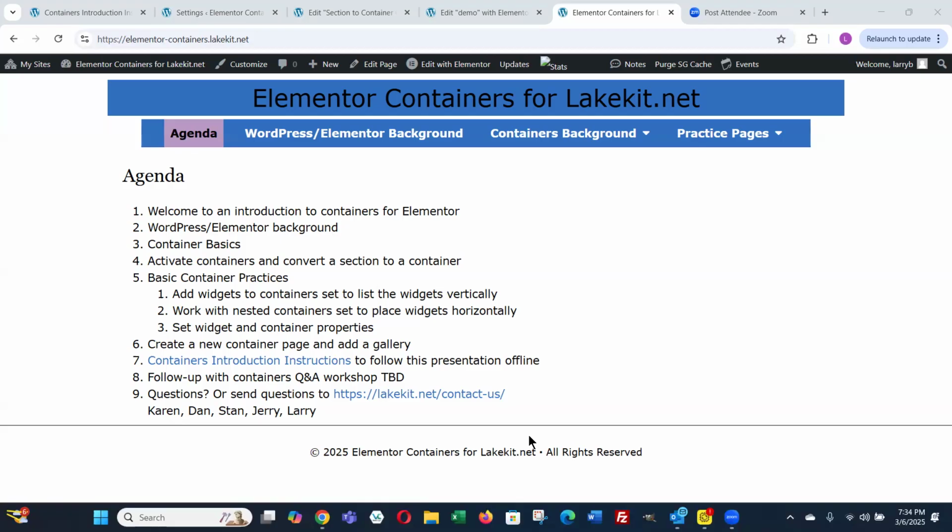The person who presented that, with respect to the question of eliminating sections, said they'd have millions of websites that they'd have to deal with if they wanted to convert all the sections to containers. So if it happens, it's not going to happen in the near future, I don't think. But of course, it's up to Elementor, really.